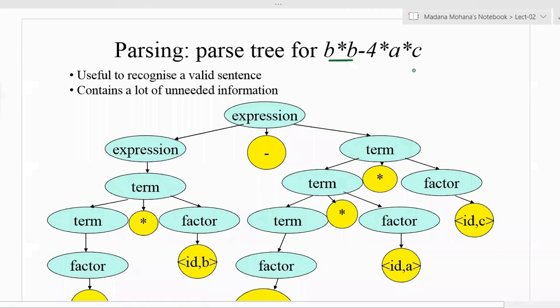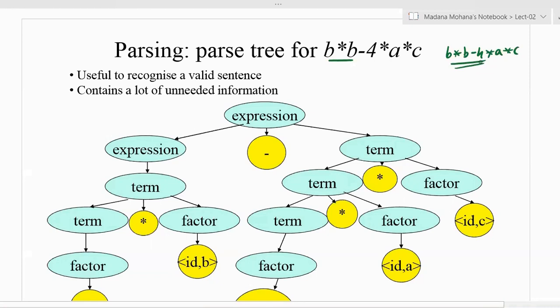Simply this can be written as b into b minus 4 into a into c. Generally, how can this be represented in the form of a tree? Actually this is a string, and a string can't be represented in the form of a parse tree or derivation tree directly without a grammar.